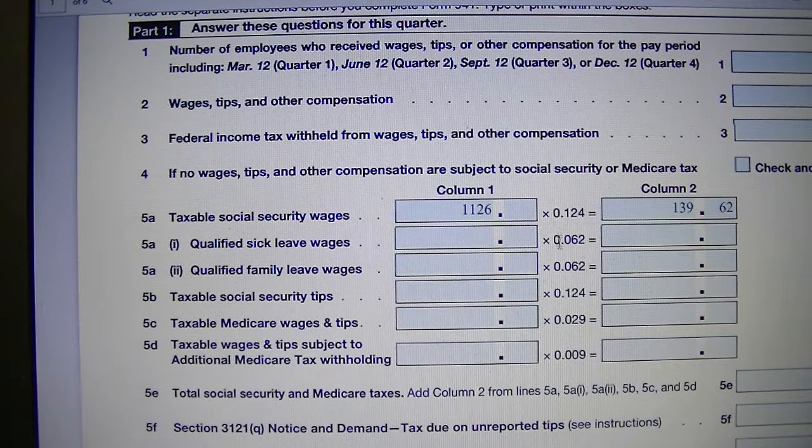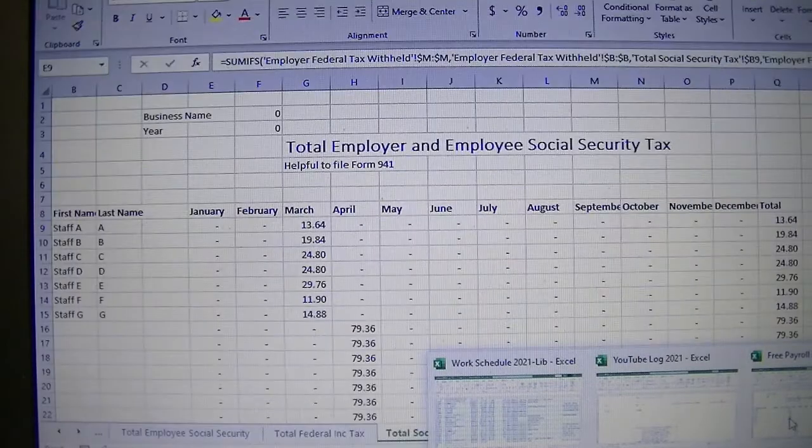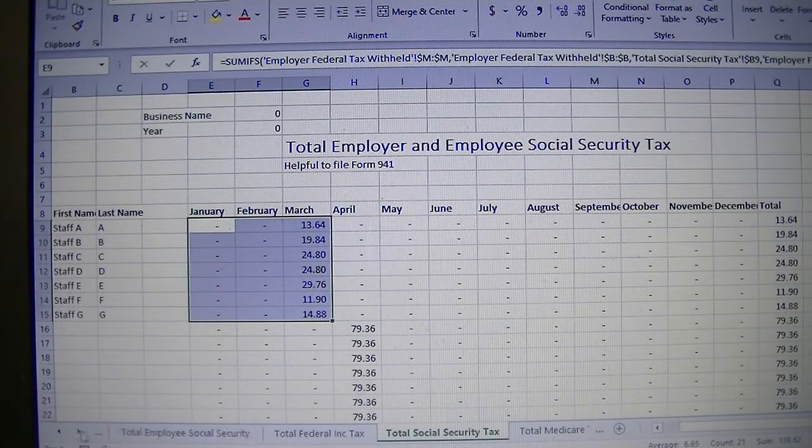Therefore, you only multiply the amount in column 1 by 0.0662,